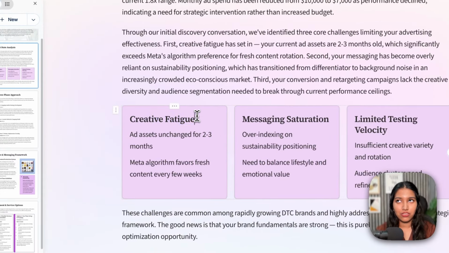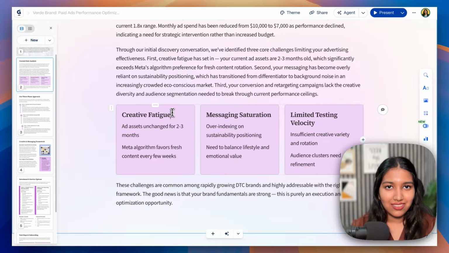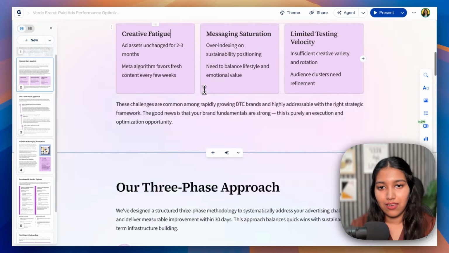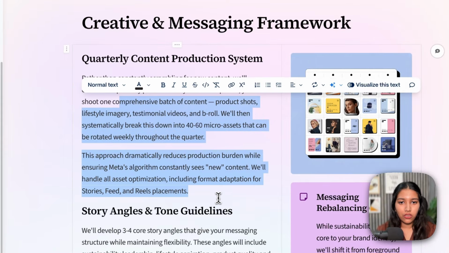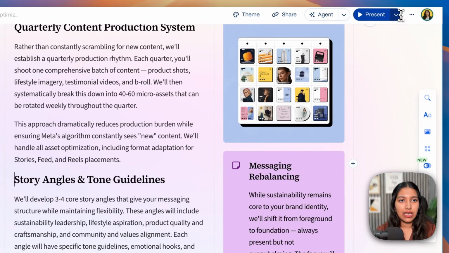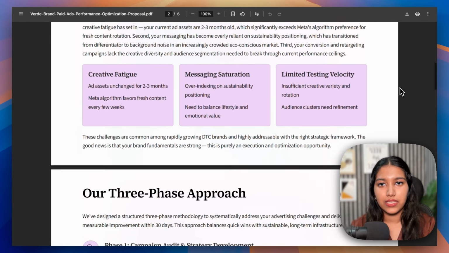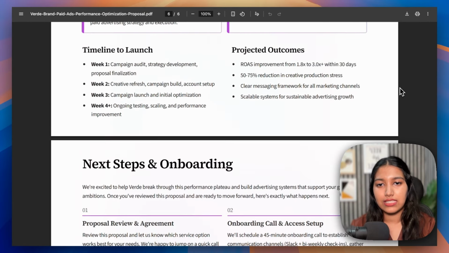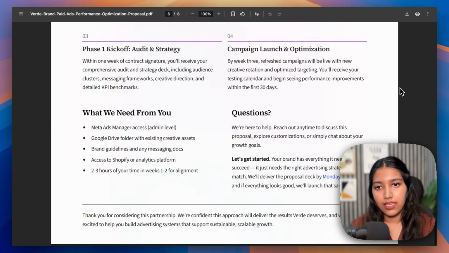One would have to spend so much time to get the same thing in other text editors like Word and all, but here it's just minutes and you get it. Now, as I said, we're not going to make a lot of changes to it. It's the same process, but yes, let's see how we can export it. So let's go to Share, Export, Export to PDF. And that's it. It has been exported as a PDF. There you go. You can share it directly with your client in an email.